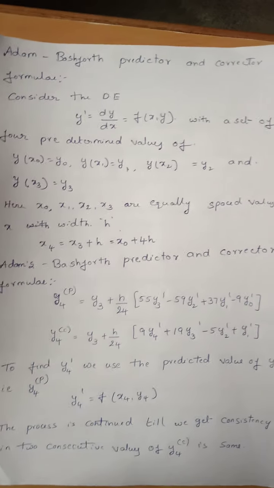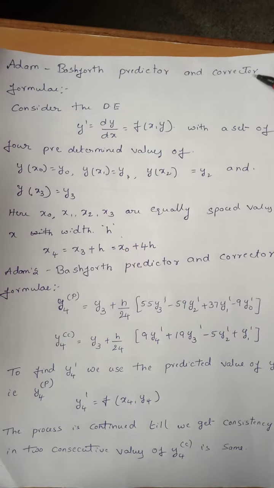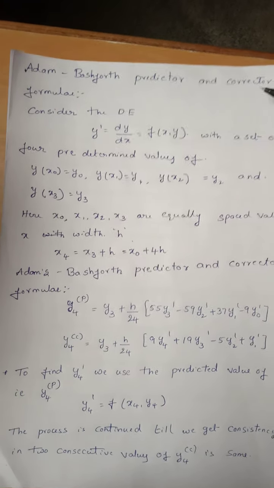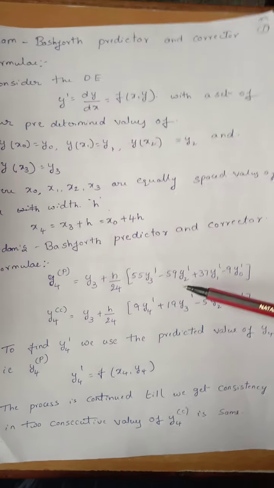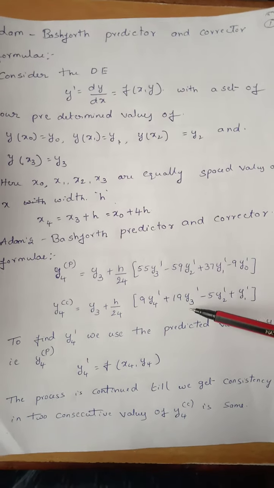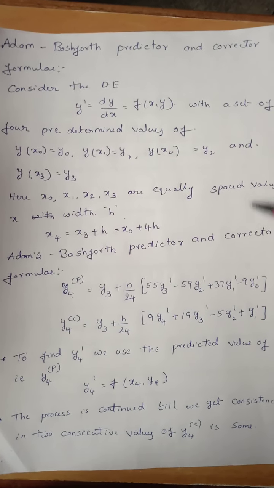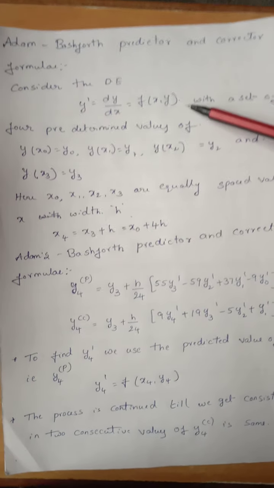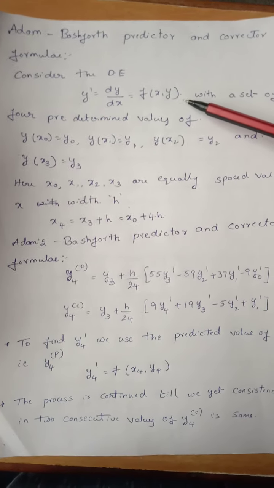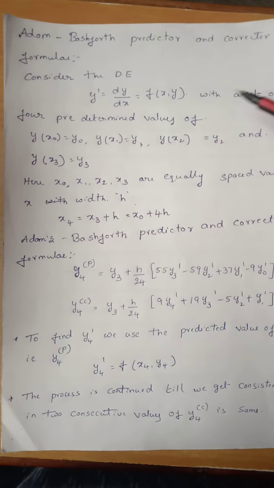So the last method in numerical methods is Adams-Bashforth's predictor and corrector formula. This is similar to Milne's method, but the predictor and corrector formulas are different. Otherwise the method is the same here. Here also we consider the first order and first degree differential equation y dash with the set of 4 predefined